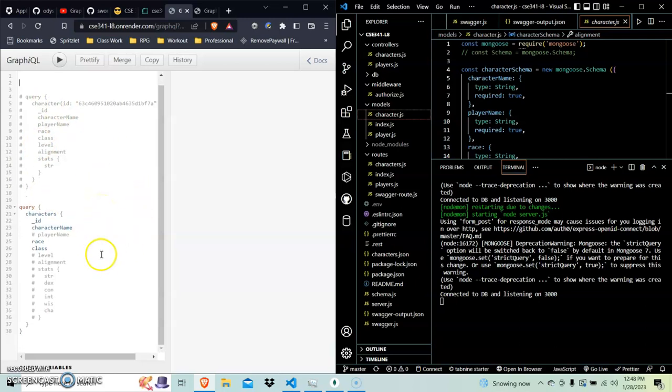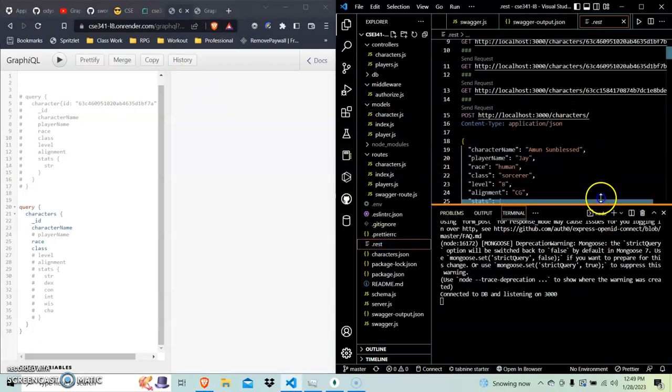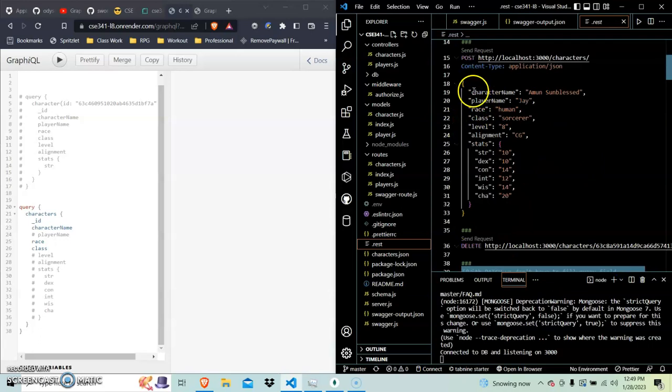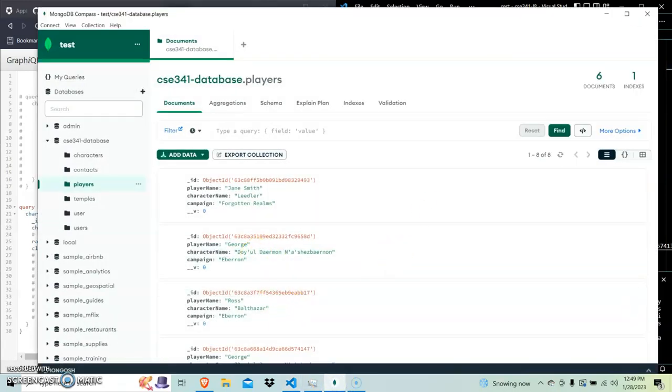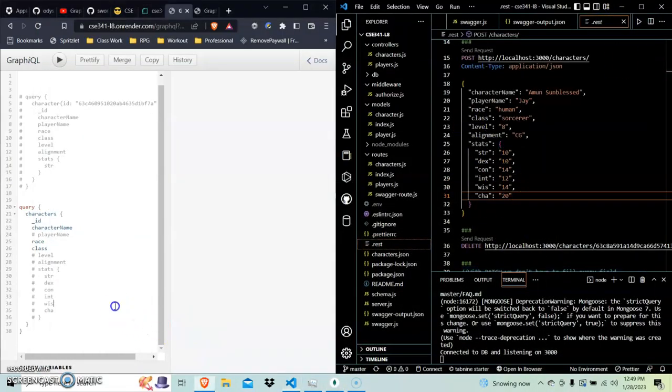So, one of the things that I noticed from the Swagger is that each of my characters, even though I intend them to be shown with their various parameters and stats on the bottom, that's how it shows in Compass. As we got them from Swagger, they would actually put stats all the way at the top. So, the way that we were able to do this is